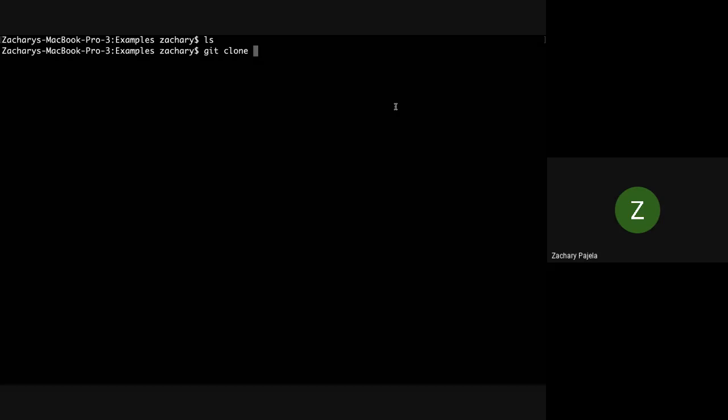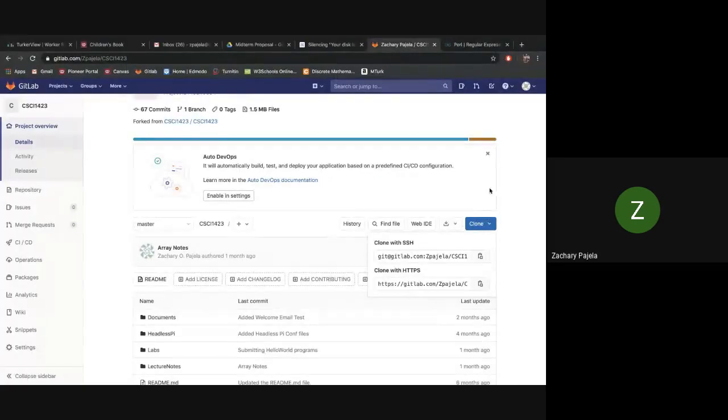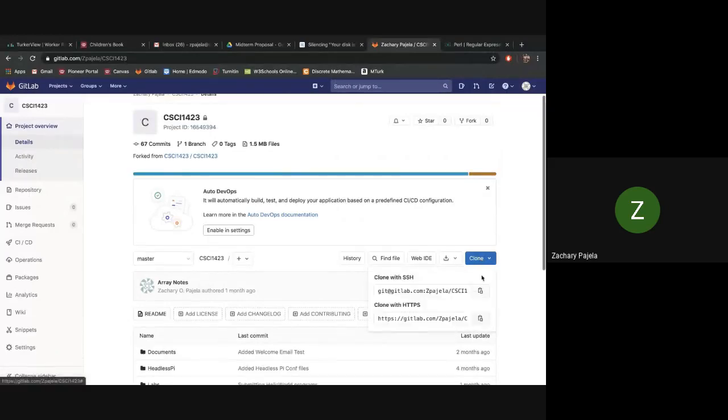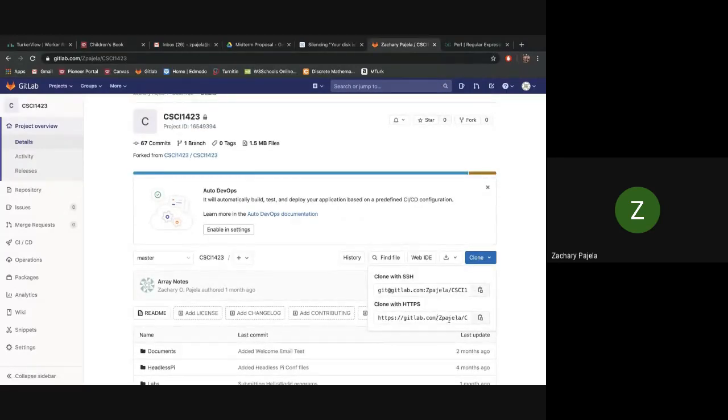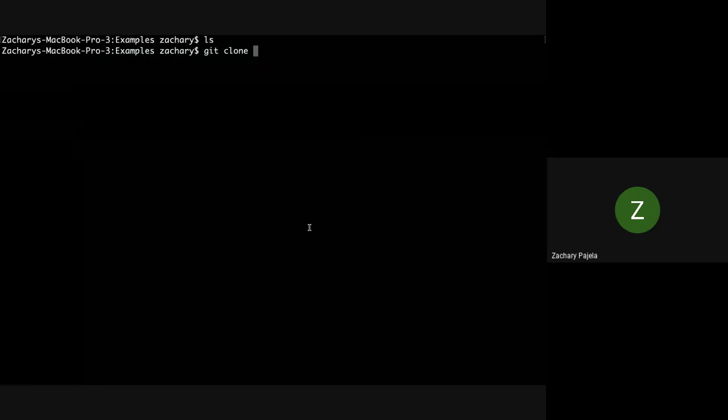So the way a lot of people like to do this is they go out to GitLab and they go to their own personal CSCI 1423 project. And on the right-hand side, there should be a button where it says fork. And when you go there, there's an option to clone using HTTPS. You don't need to use SSH, you can just use HTTPS. So select that URL, copy it, and then when you switch back over to your terminal, you can just right-click